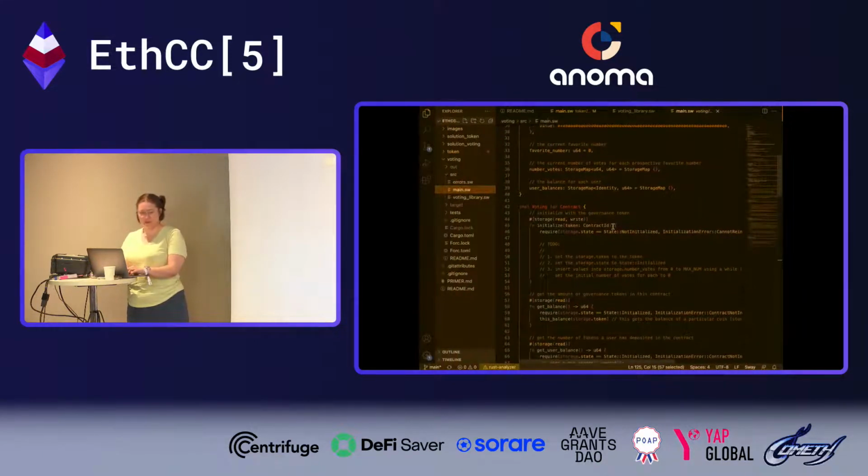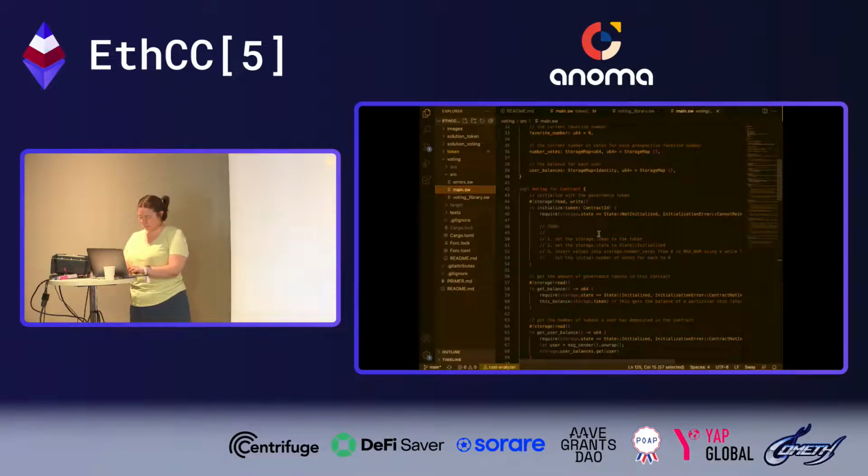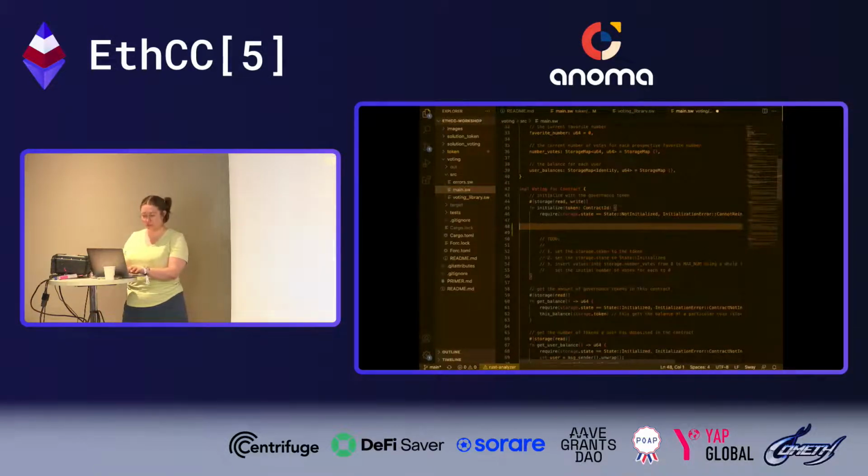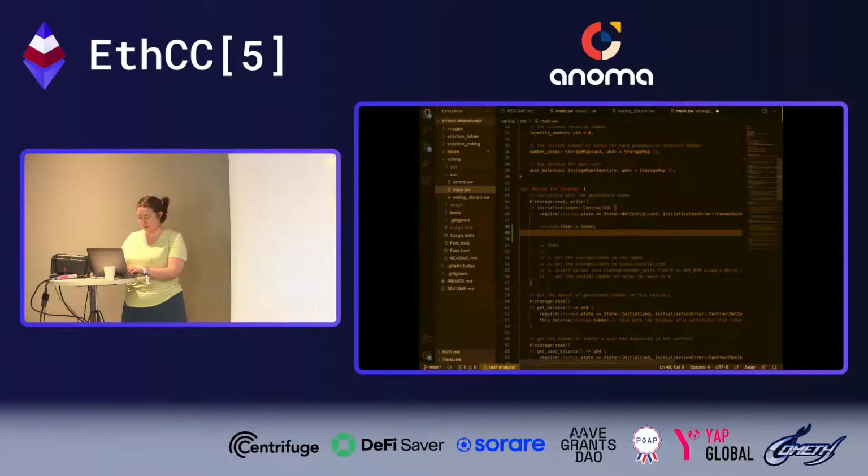Okay, so we're going to start out and just implement the initialize function. We have a couple to-dos. The first to-do is we are going to set the storage token variable to the token that we passed into the contract. And to do that, we're going to use the storage dot syntax. So we'll say storage dot token equals token. And then number 2 is we're going to set the storage state to initialized because we're calling the initialize function. Storage dot state equals State